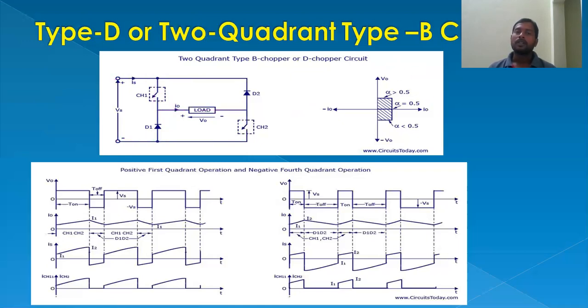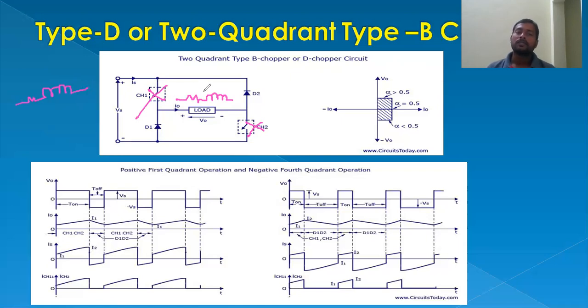Now, if chopper 1 and 2 are both turned off, they will be turned off by using commutation techniques, any one of the forcible commutation techniques. If you turn off chopper 1 and chopper 2, what will happen? Practically this is an RL load. This is not a simple load. This load is nothing but a resistive inductive combination load.